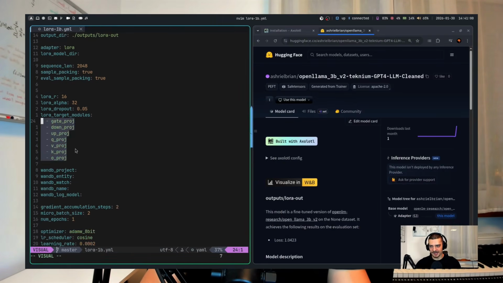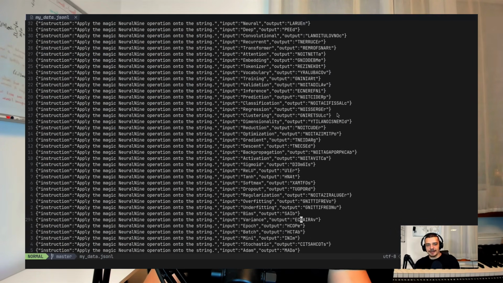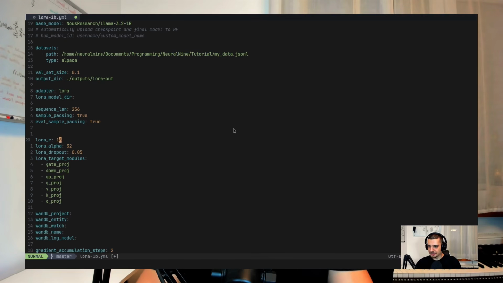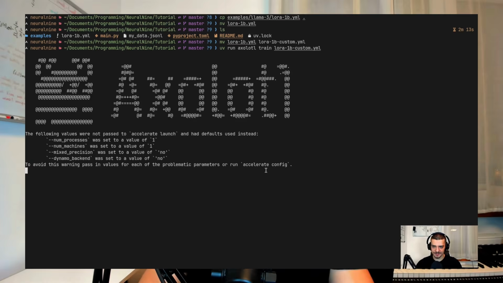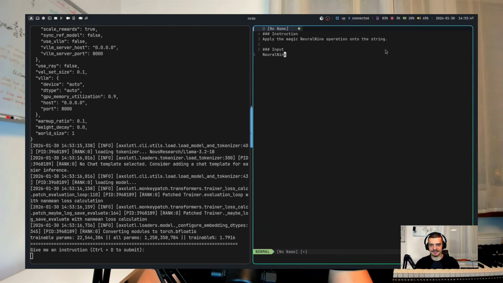Today we're going to learn how to fine-tune large language models locally on our system using the Python framework Axolotl. So this is going to be quite simple. Today we're going to create our own dataset. We're going to pull a small model from Hugging Face, and then we're going to fine-tune it on our dataset as a demonstration example. Setting up Axolotl can sometimes be a little bit tricky. We're going to try to keep it as simple as possible today, and you're going to learn how to do